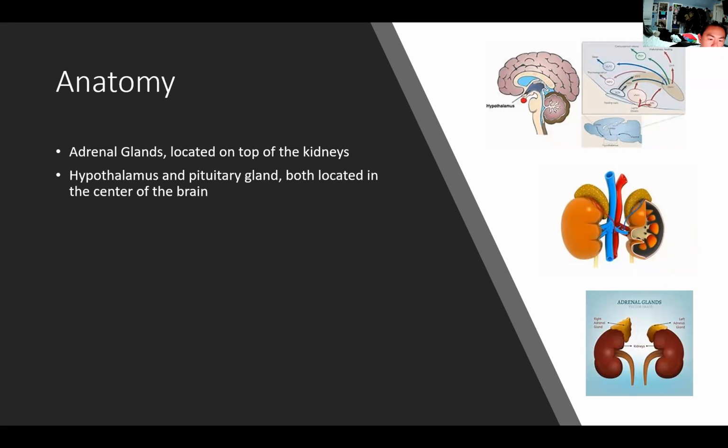So, Addison's disease affects the adrenal glands, which are located on top of the kidneys. These glands produce hormones that can affect one's mood, growth, metabolism, tissue function, as well as regulate the stress response. There's primary and secondary adrenal insufficiency. Primary is when the disease affects the adrenal glands itself, and secondary adrenal insufficiency is when the hypothalamus or pituitary gland can be affected. These glands produce hormones that act as a switch that can turn on or off the production of hormones for the rest of the body. And those two glands are located in the center of the brain.